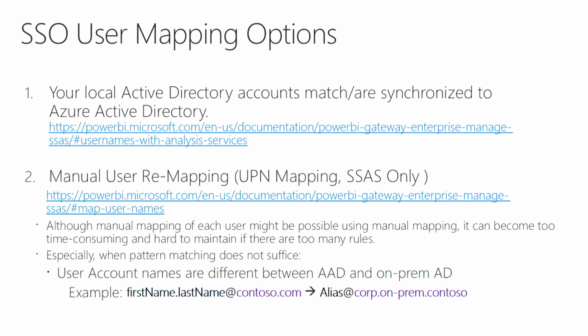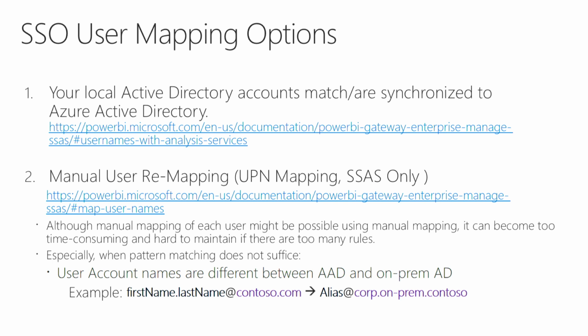And so let's talk about that user mapping. You may be familiar with the user mapping if you use the gateway with Analysis Services on premises today. You may have seen there are multiple options for getting per-user security working with Analysis Services. The first option, and that is the easiest one, is if you already have your Active Directory synchronized with Azure Active Directory, then you don't have to do further additional configuration steps